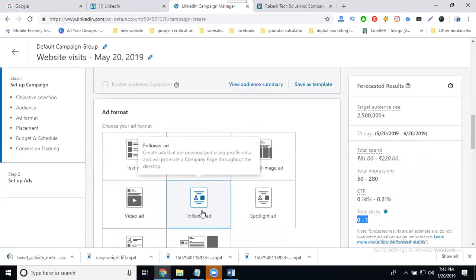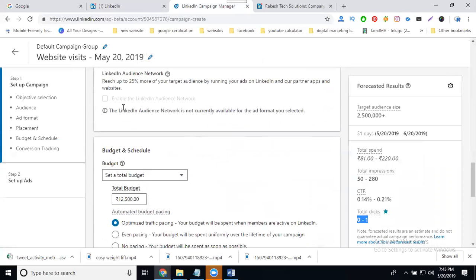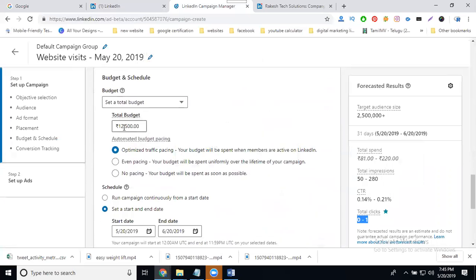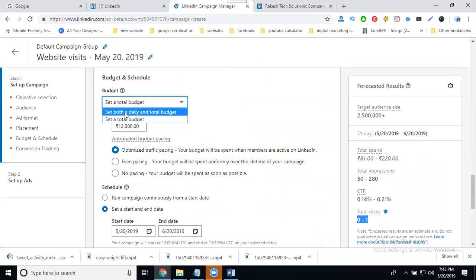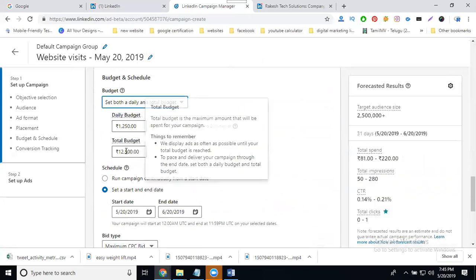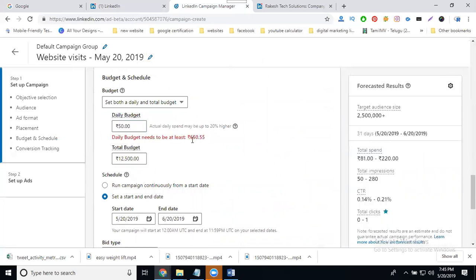The ad will be a follow ad. Select your placements, which is the common placement. My budget would be 12,500 total budget, but I go to daily budget. Daily budget 50 rupees, see, it is not accepting. What is the minimum daily budget? 650.